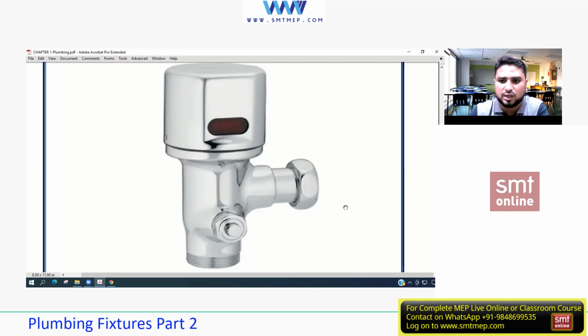And the second thing is what? It saves natural resources. For example, water is a natural resource, yes or no? If someone forgets in a manual one, then water is continuously draining, isn't it? But here, only a certain amount of water is released and then it cuts off. For example, if we have kids and they play with it, there is a continuous drain of water. So we can use this not only with urinals, but also with laboratories.